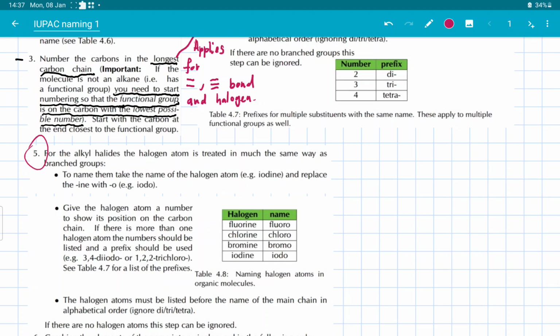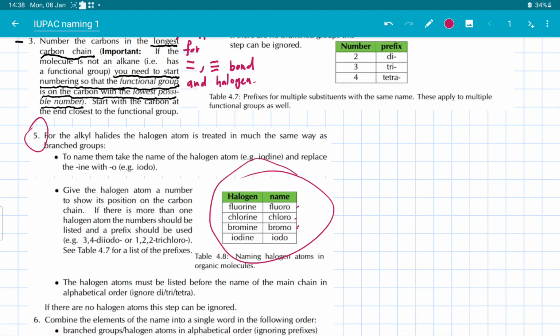Again, people, now as for halogens: fluorine becomes fluoro, chlorine becomes chloro, bromine becomes bromo, iodine becomes iodo. I remember teaching you this. So this is going to be a more advanced version of what we did. Basically, I'm not going to read the whole thing, but what is being emphasized with the rules